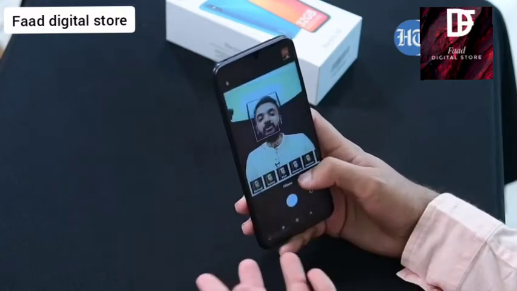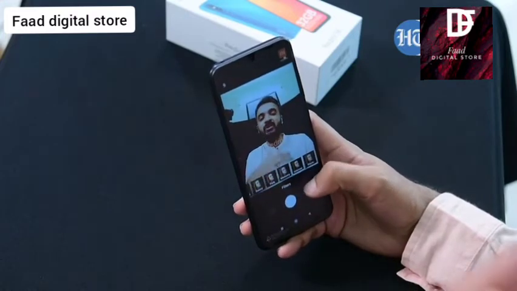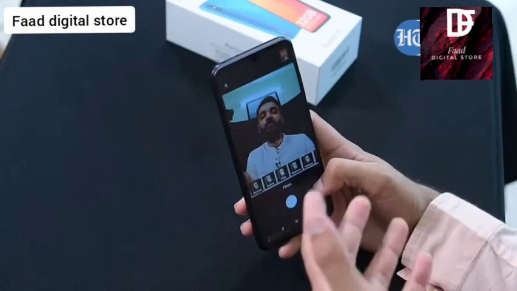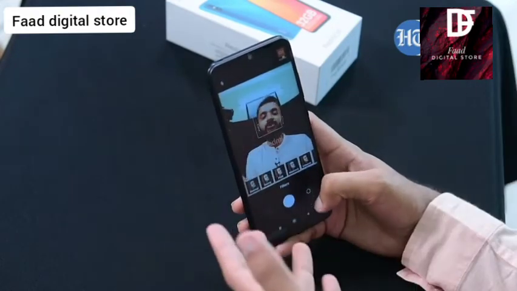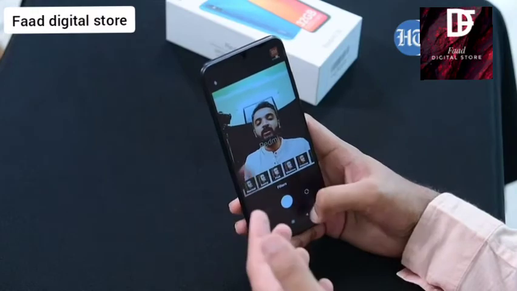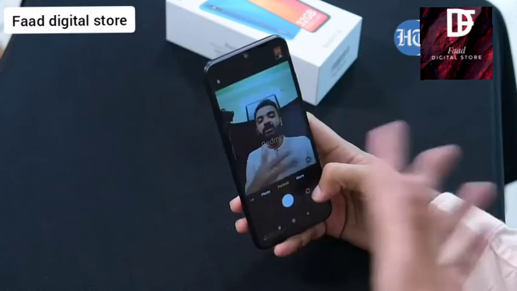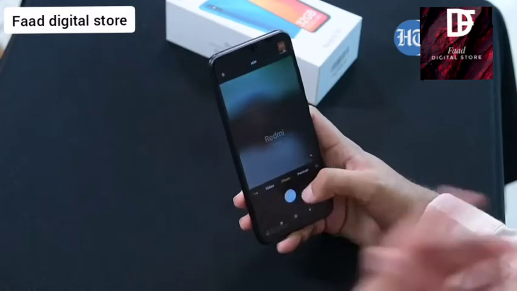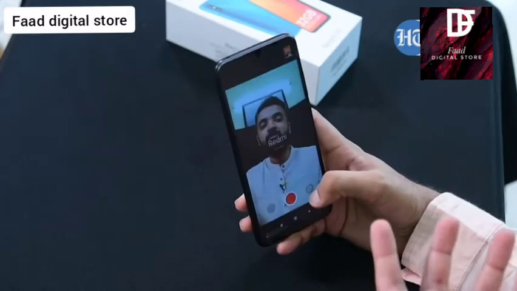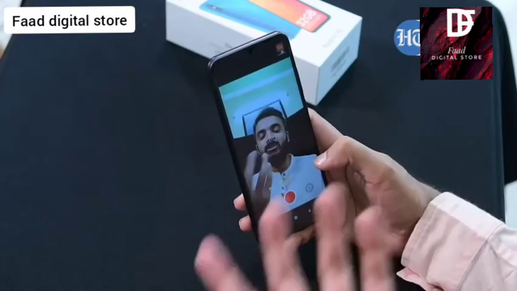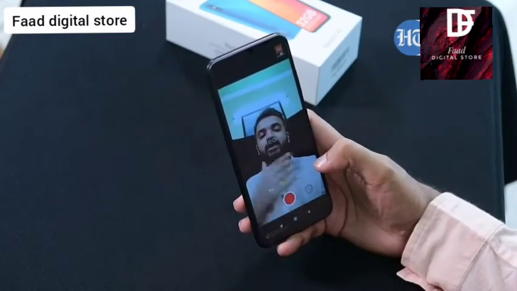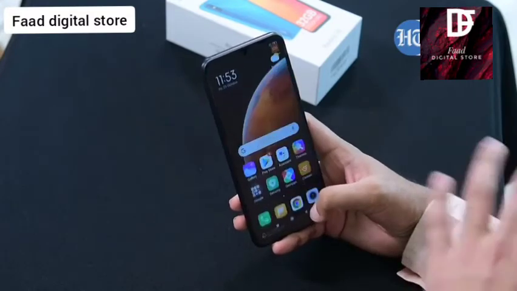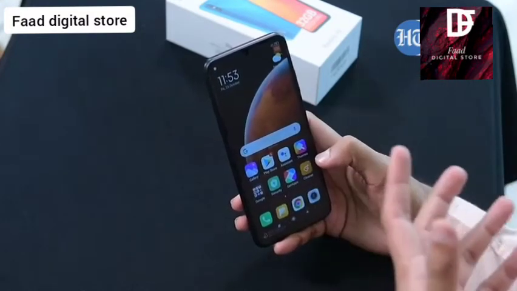So you have this pink, you have memory, you have intense. These kinds of filters are there across social media platforms also, but let's say if you already want to predefine a filter into it before sharing it on social media, you can do that with this as well. So these are the front camera features in terms of what you get, and similarly you have the front short video feature also. The video mode is also there, which basically helps you take WhatsApp calls and Google Duo calls and so many other different platforms that you can use for video calling nowadays. So these are the camera elements on the Redmi 9A.